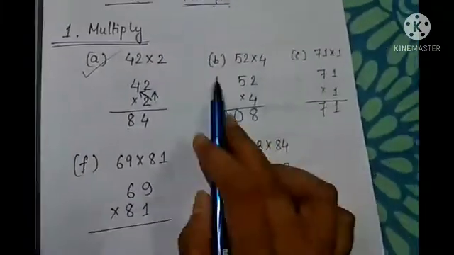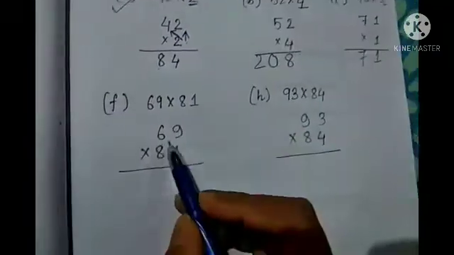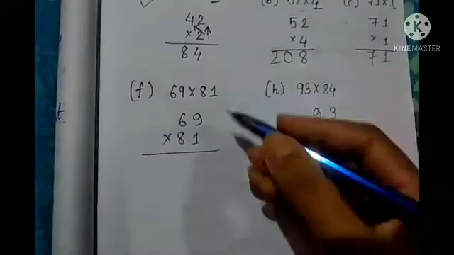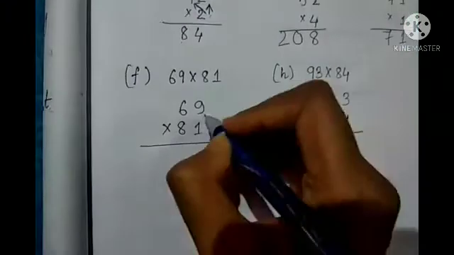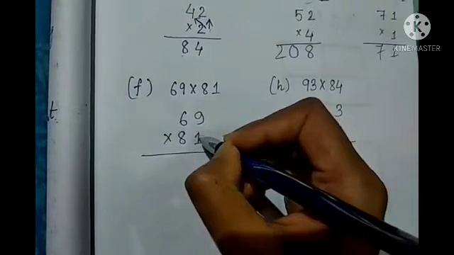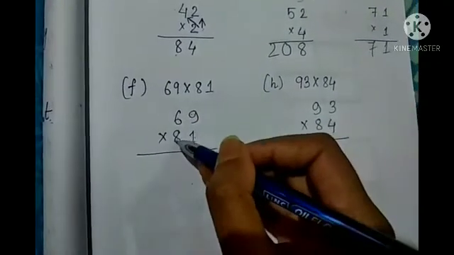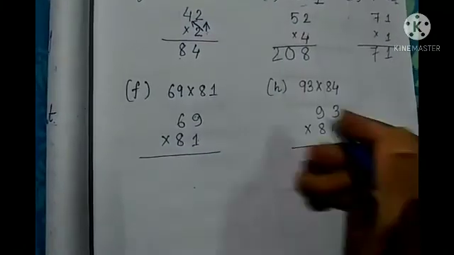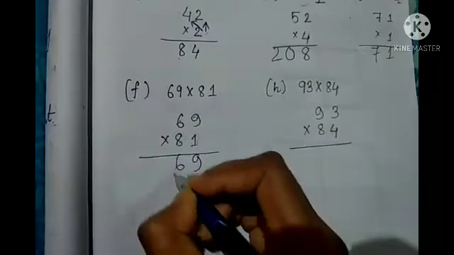Now these are the numbers which we are multiplying with only one digit. Now in case of two digits, what do we have to do? The procedure is the same, but we have to do it 2 times, that means in 2 steps. So let's do it. Now 19, this is the common number we have to multiply with these 2 numbers, and then in the next step we have to multiply 8 with this number. So this is the simple step, so let's do it. 1 nine is 9, 1 six is 6.